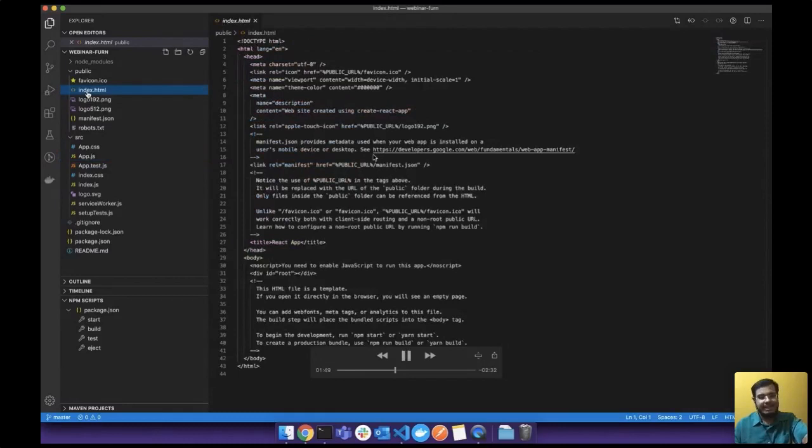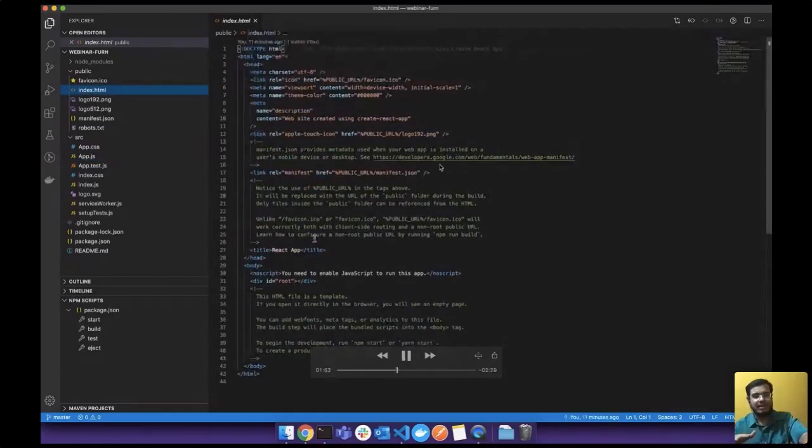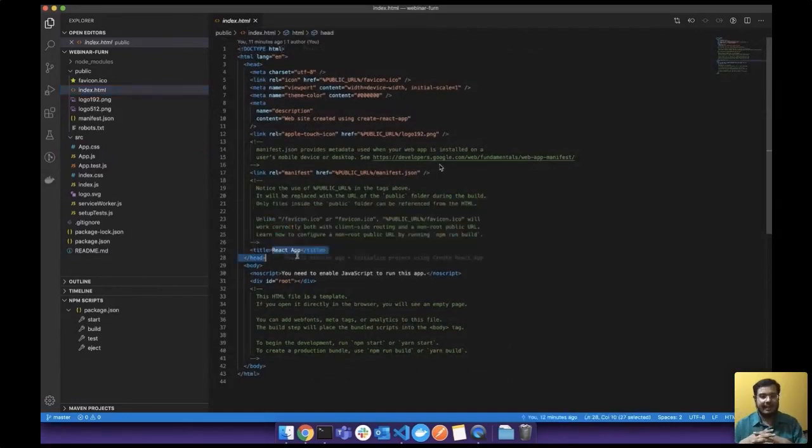And then we have index.html for content that is not going to change a lot, like the application title and the description of the application that turns up in search engines when you search and all that, right? So let me quickly change the title to something interesting. I believe I'll change it to Guru Sharan's Furniture Depot. Yeah, Guru Sharan's Furniture Depot. And I'm going to change my description to say something really interesting. I believe this website is going to show a gallery for my website and all that, right?